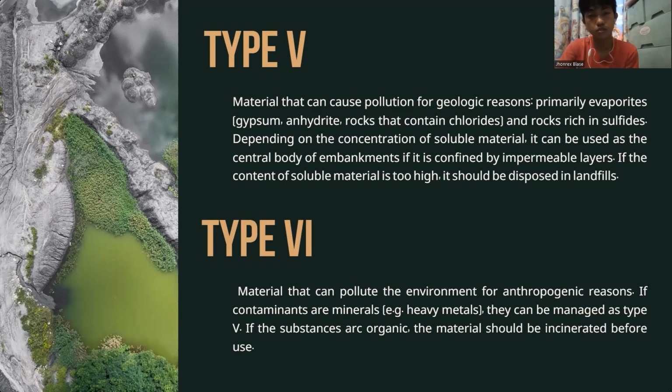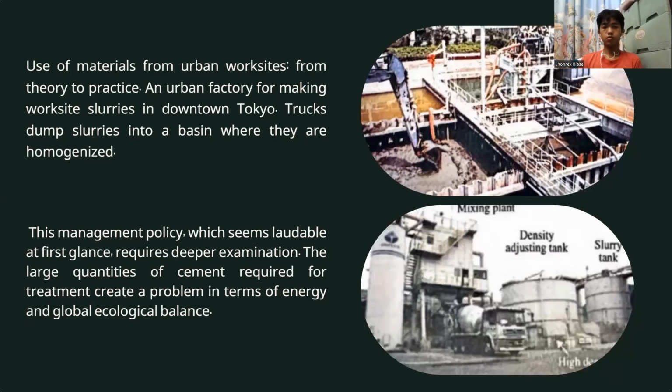Type 6. Use of materials from the urban worksite: in theory, to practice in an urban factory for making worksite slurries. In downtown Tokyo, trucks dump slurries into the base where they are homogenized. So in downtown Tokyo, the urban factory processes the materials from the urban worksite into slurries. These slurries are mixed with emulsifier and cement to form the lightweight materials used in making artificial aggregates